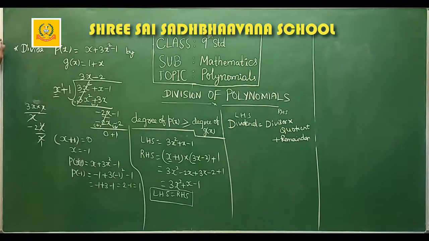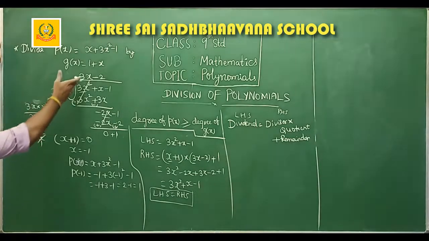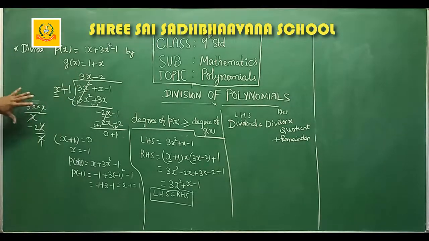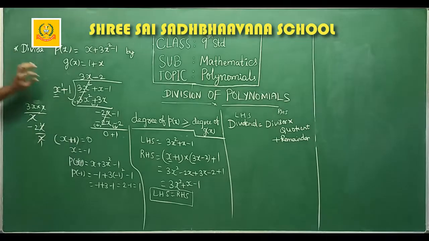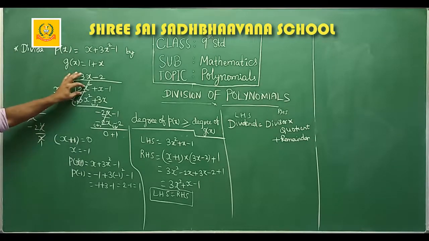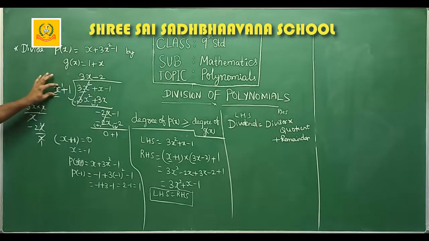One thing you should remember here, maybe you might not know what to take. That's the reason I'm teaching you how to take. Because if it is a number, if you know tables, or if you can multiply and check. But what term you can take, algebraic exponent, you will not know. So that's the reason I'm telling: first, always divide the first term of the dividend with the first term of the divisor. Whatever is left out, that you take.